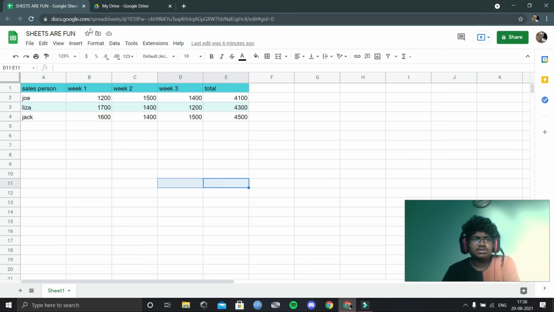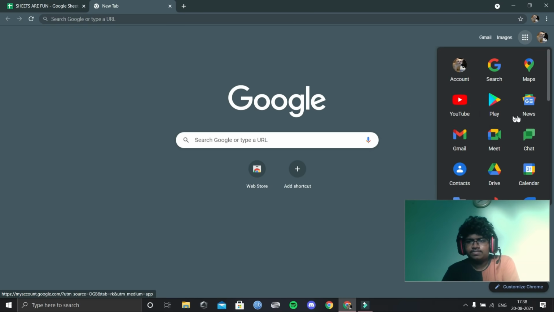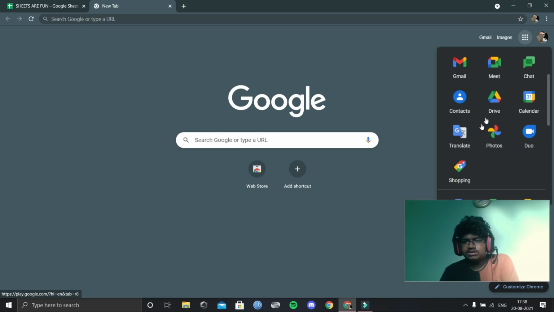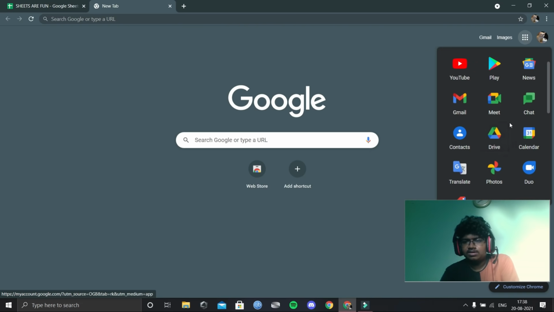Just click on enter, and I just need to go to a new tab and open Google apps, and you can see drive over here, colored in green, yellow and blue, with a patch of red. I click over there,